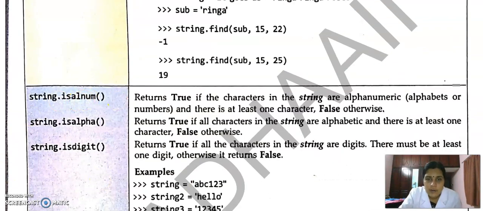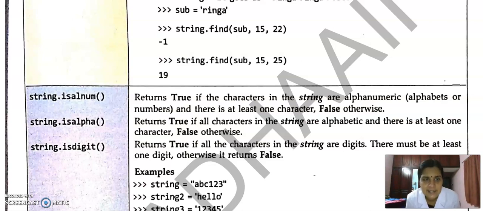Then isalnum checks if our string contains alphanumeric characters. Alphanumeric means either alphabets or numbers are there. isalpha is another function, only alphabets. If only alphabets are present, then true is returned.